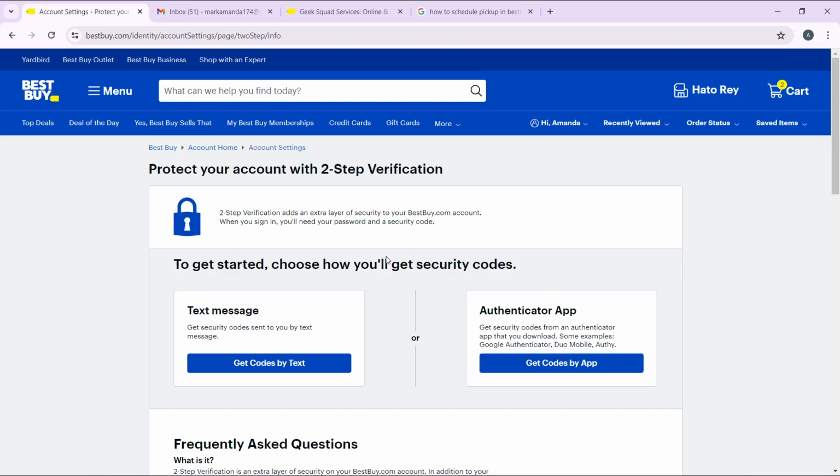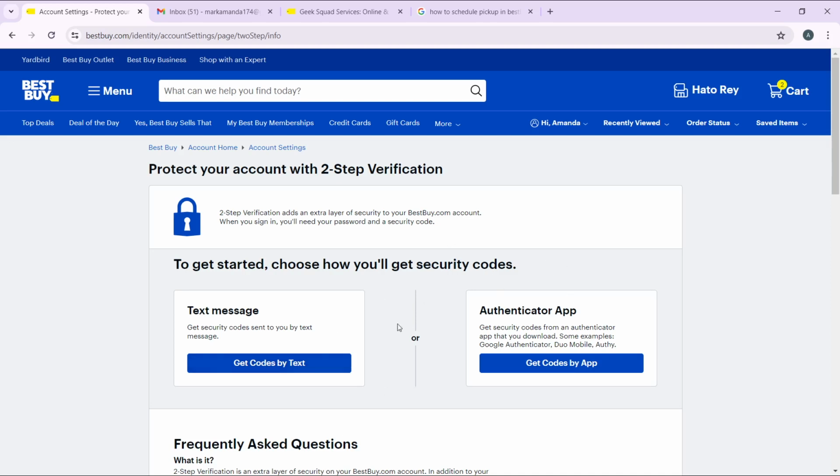So if you have set up the two-step verification using text message or by the authenticator application, you're going to find your two-step verification, the one that you chose. You're going to find it in this window. So right here, go ahead and select the two-step verification and you'll see the delete icon, or you'll see the disable icon. So go ahead and click on disable or the delete icon to disable your two-step verification